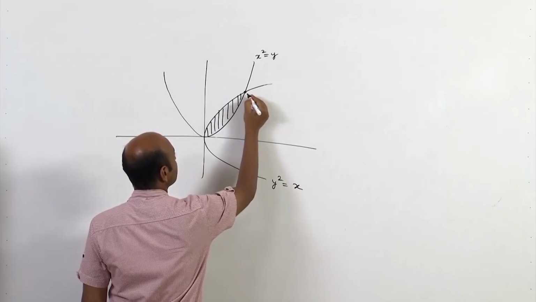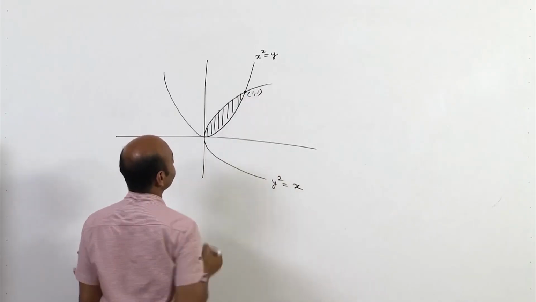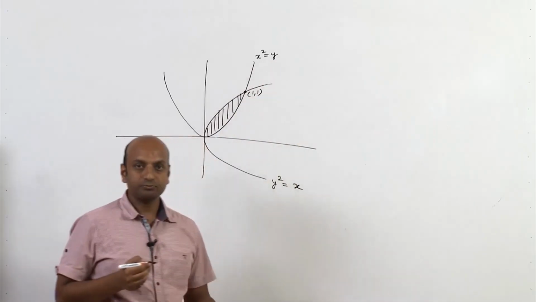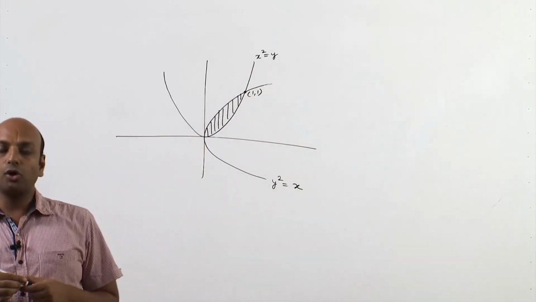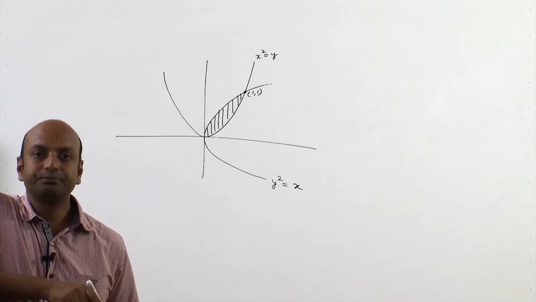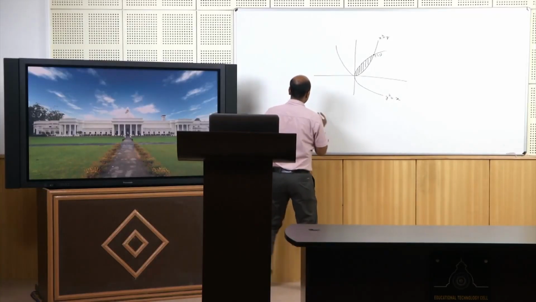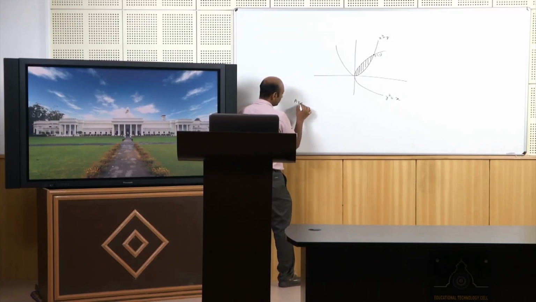Point of intersection is clearly (1, 1). 1 satisfies this, 1 satisfies this, okay. Now you want to find out the shaded region R. So we can compute this shaded region. So area of the shaded region